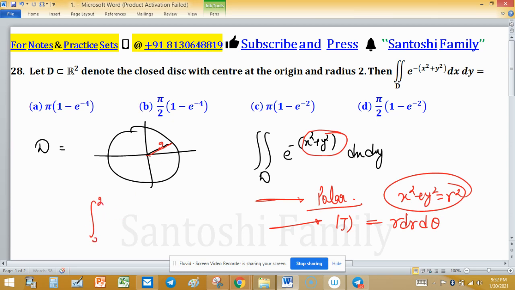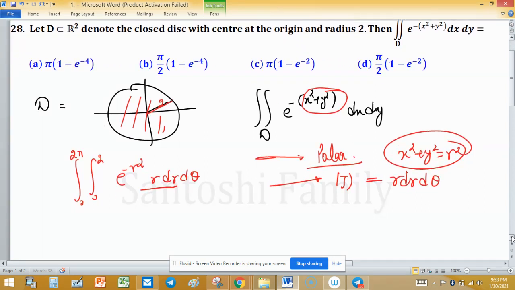and theta, as this is the entire region of D, will be 0 to 2 pi, and this is e raised to the power minus r square r dr d theta. This is the Jacobian. Now solve this expression,